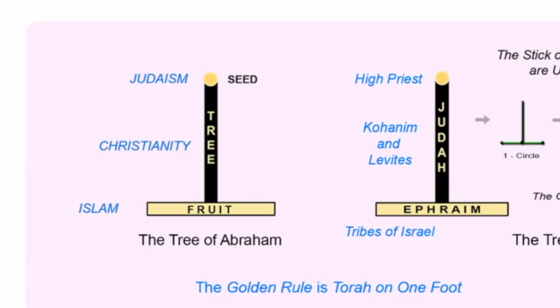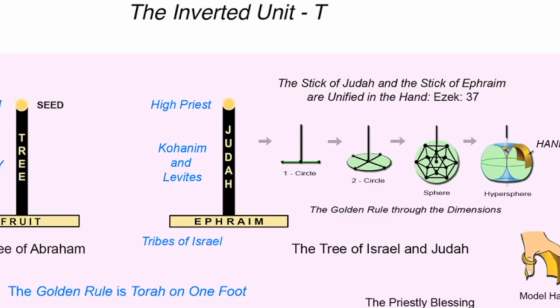Any comments on that particular model in terms of the tree of Abraham? We can also go to the one next to it called the tribes of Israel. Judah and Ephraim. Now, Ephraim isn't something that's commonly talked about. Ephraim meaning son of Joseph, correct? Why is it not Joseph? I think there were two tribes that represent Joseph, which is Ephraim and Manasseh. Manasseh, right. Yeah, the two tribes.